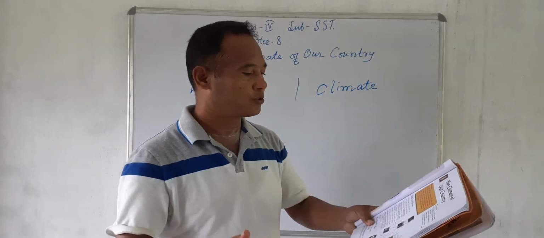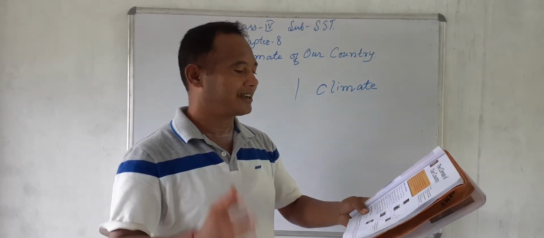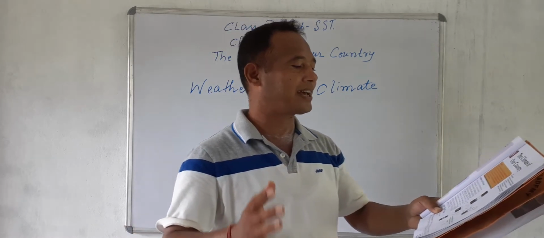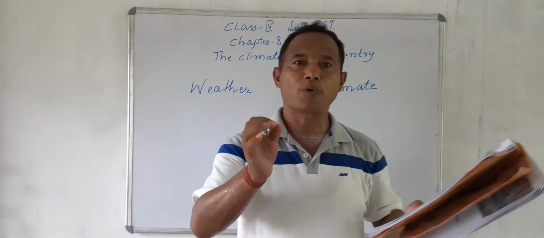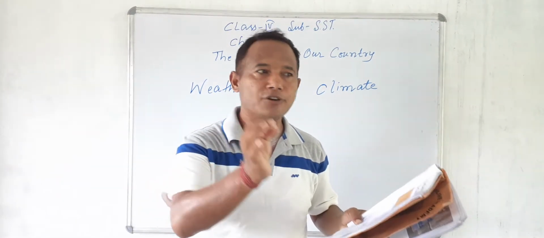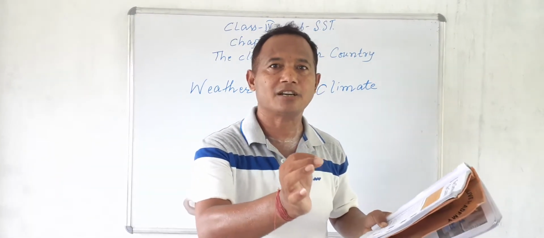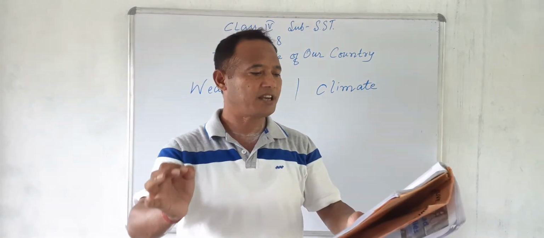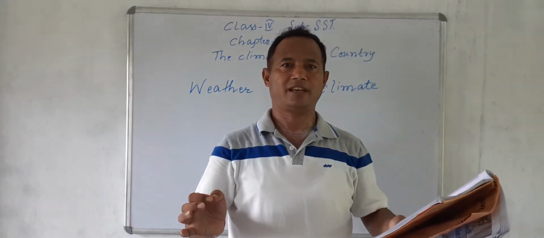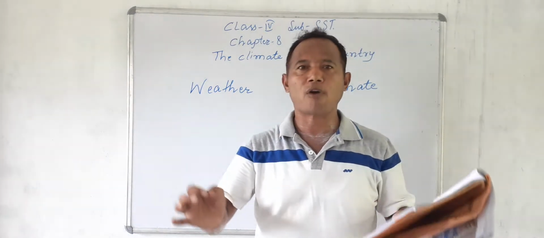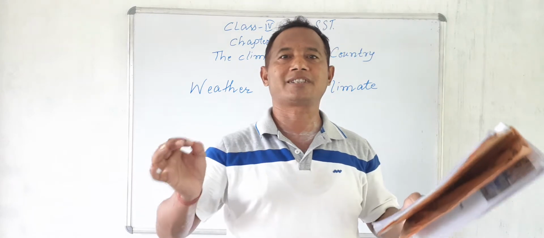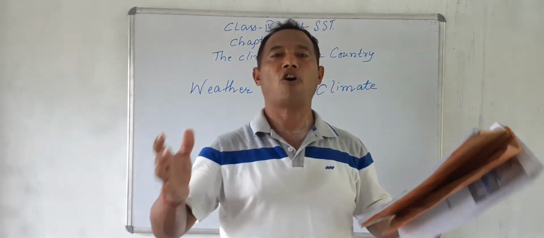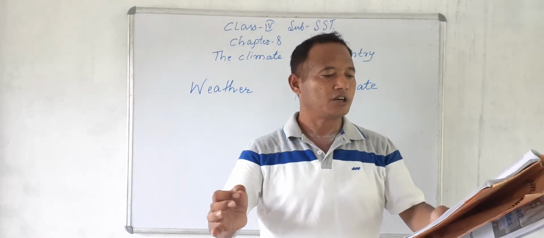Weather refers to how hot, cold, rainy, windy or cloudy it is in a particular place at a particular time. Means weather defines particular conditions in a particular time. Suppose we say how hot it is today. Means we are talking about the heat of a particular day. That means today it is very hot. So weather refers to a